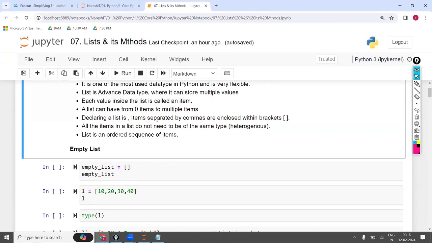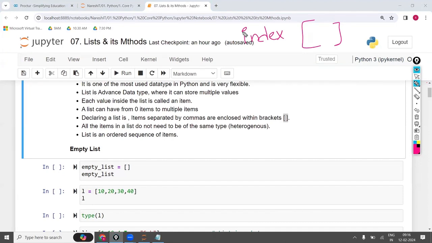Declaring a list: items are separated by commas. Each item is separated by a comma, enclosed within square brackets. Sir, yesterday you told that square brackets are used for indexing. For working on the index, we use the square bracket. Perfect. Now the same square bracket we are using for the list.